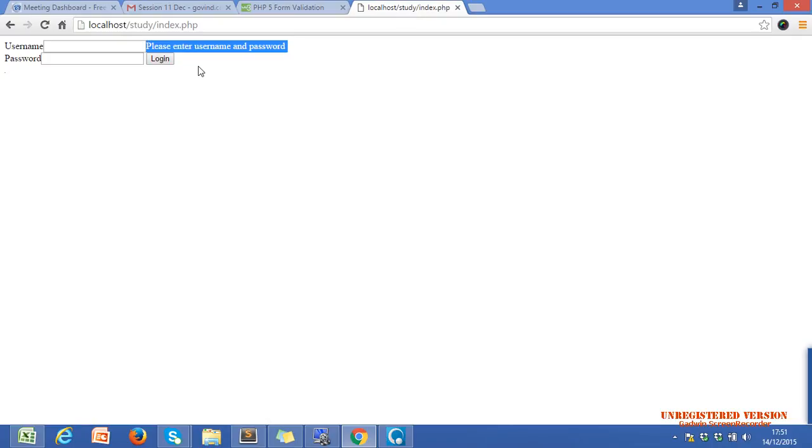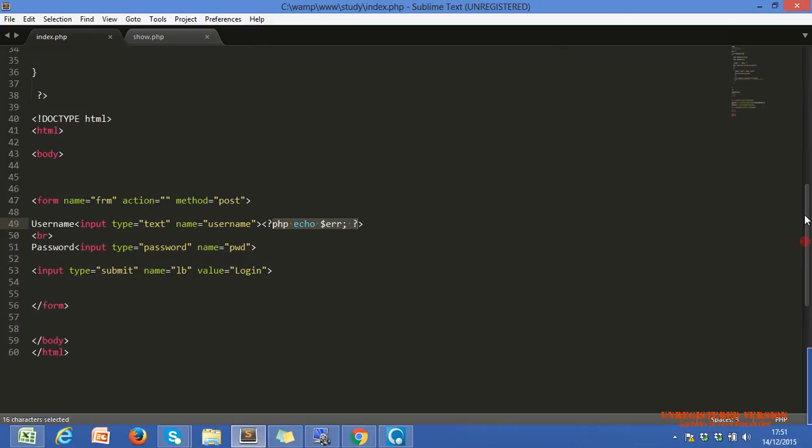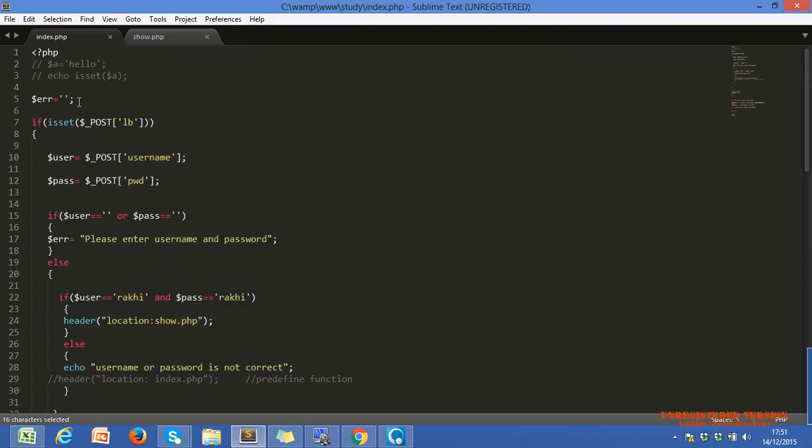Why is it not showing on a simple refresh? On a simple refresh, if I just refresh it, why is it not showing? Can you explain? Because whenever we execute this PHP file, every time we initialize our variable with blank. Blank means our variable is echoing a blank value, which means nothing. That's why on every refresh,